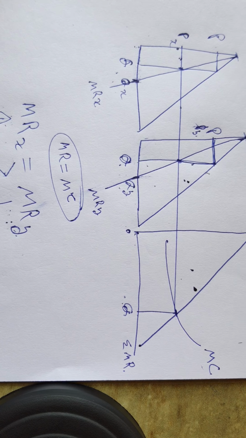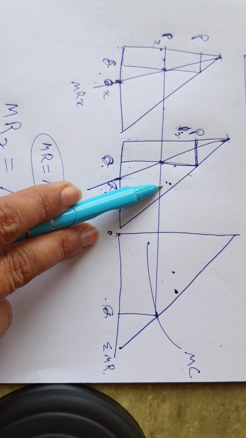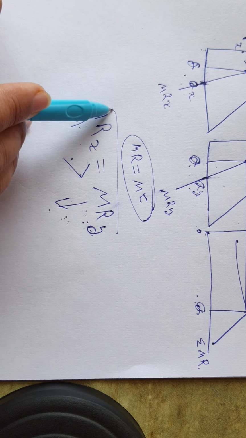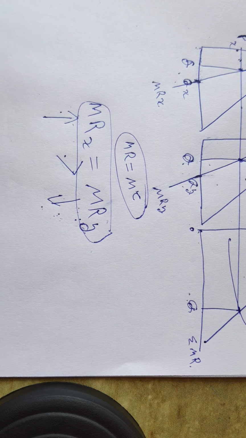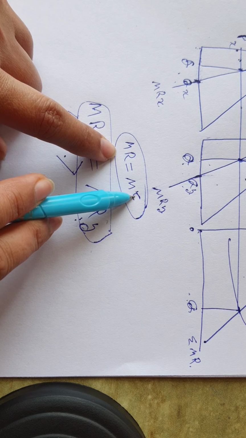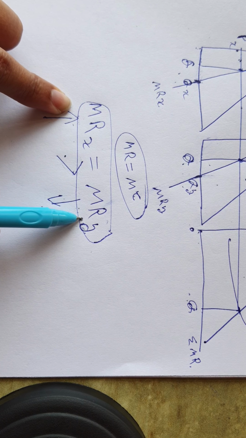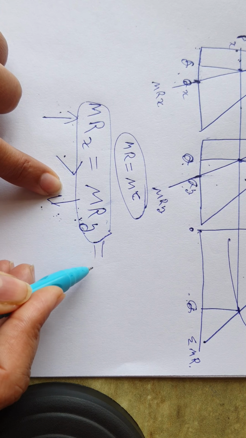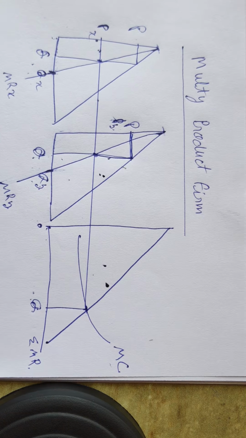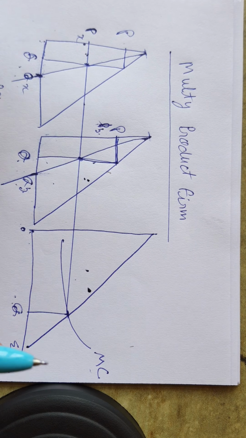And if you produce more of X, your marginal revenue will decrease. If you produce lesser Y, your marginal revenue will increase. And finally you will reach on this point. So this condition should be applicable here, and this condition also. Yes, individual marginal revenue should be equal and it should be equal to marginal cost also. So this condition will be applicable when we are talking about multi-product firm. Okay,